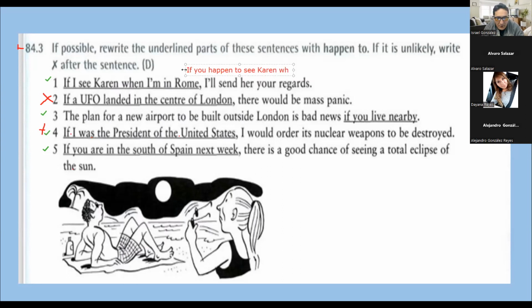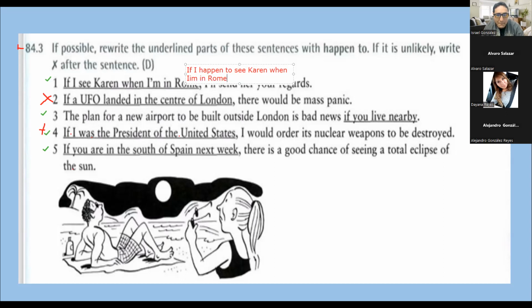Sorry, Diana. When in Rome, I think this person knows that he's going to travel to Rome. So that is not the possible thing. The possible thing is that you will see Karen. So if you happen to see Karen. If I happen, sorry, yeah, because it is I. Okay. If I happen to see Karen when I am in Rome,